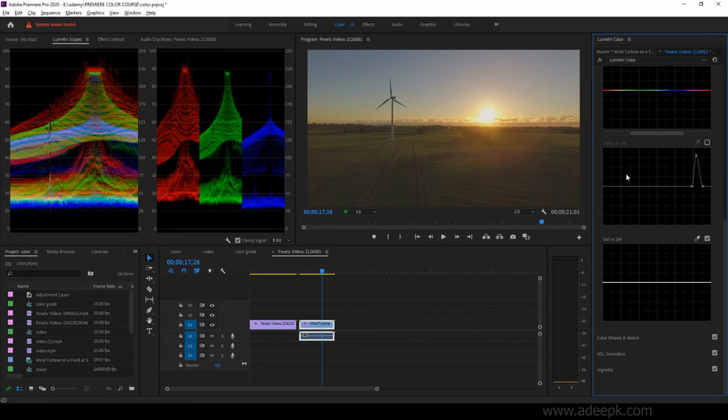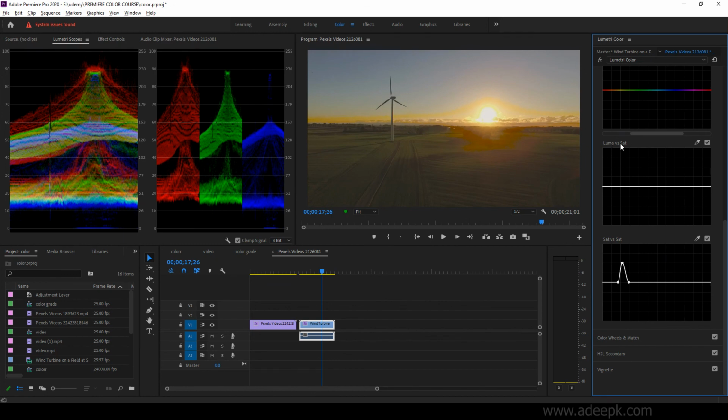The sat versus sat also is similar to this. If you select a particular color, you can see here varying the saturation. Whatever color is there, it's affected everywhere.